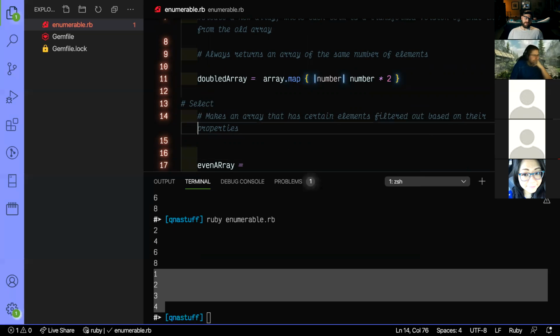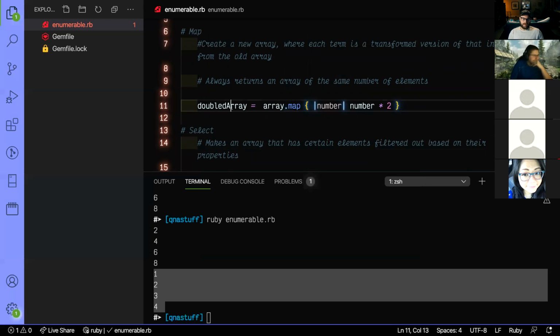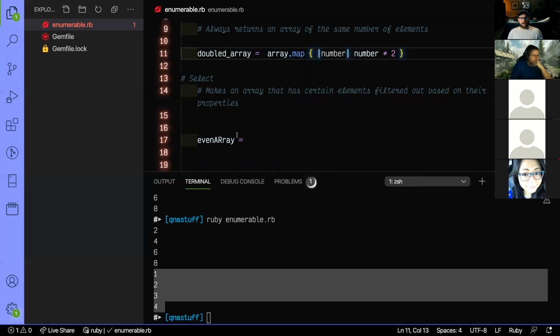We're in Ruby, so we should probably stick with snake case. Me doing camel case was just force of habit. So we're going to call this even array. And this time,